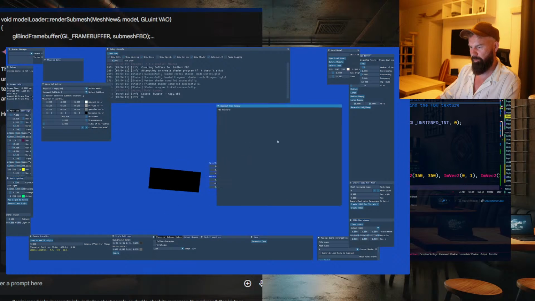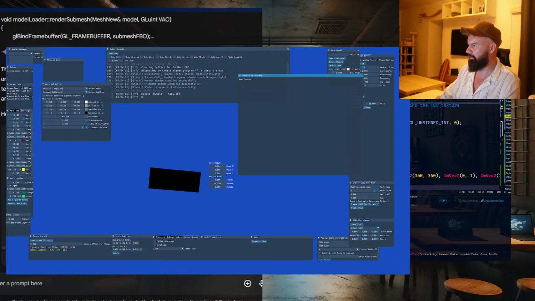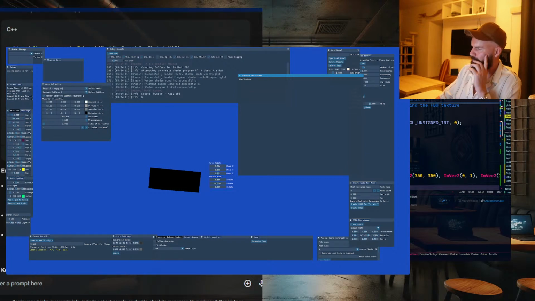Listen, only if it's drawn on both. Do texture. I wonder if